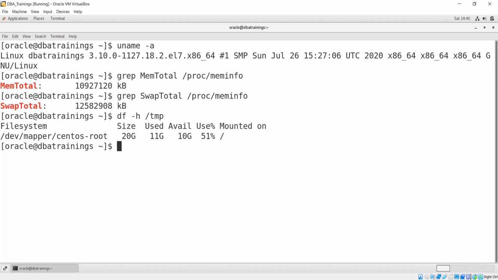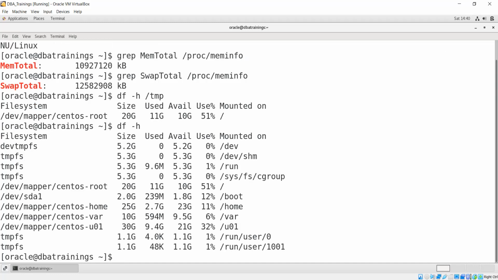Let me see my whole file structure. So you can see here we have a good enough amount in the directory where I am going to install, in u01. So that's okay. And one thing we have to keep in mind, my Oracle installation requires some CPU as well. So let me find the CPU. We have sufficient CPU, but let's find it. What is the CPU I am getting?